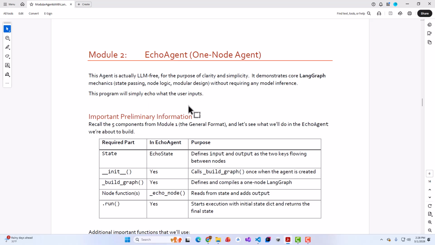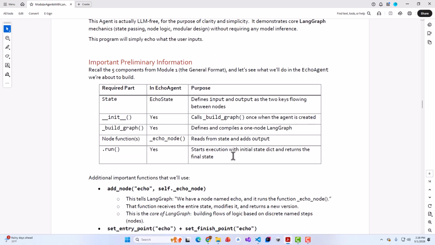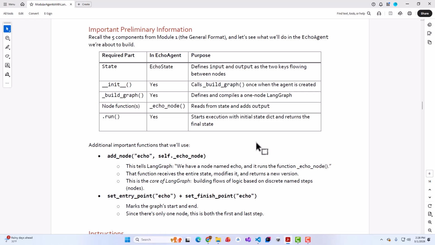So state passing, node logic, modular design, etc., without requiring any model inference. So this program simply echoes what the user inputs. All right, so recall the 5 components from module 1, and let's see how it lines up with our echo